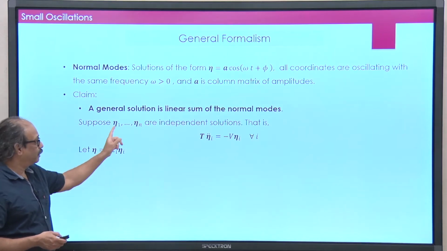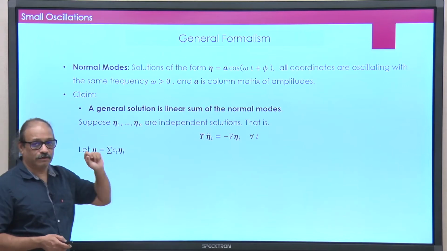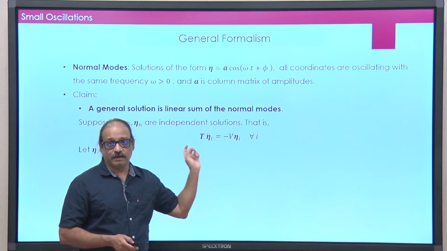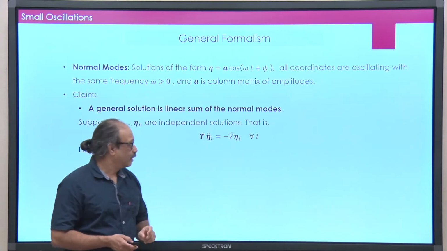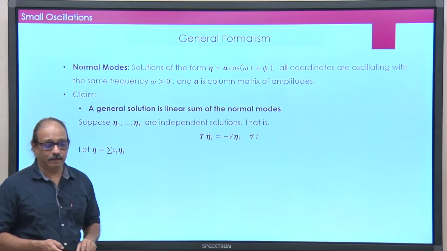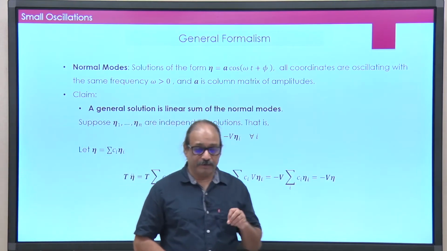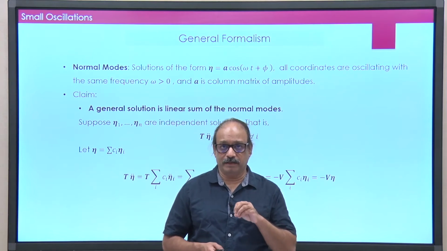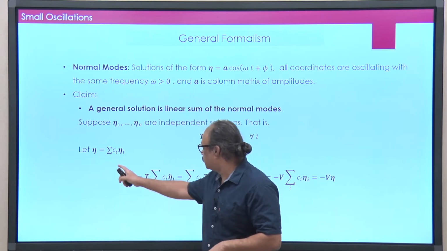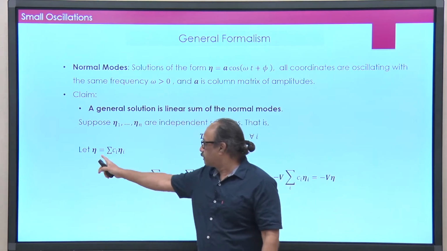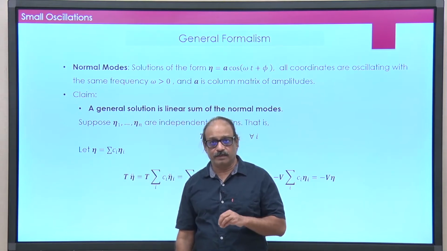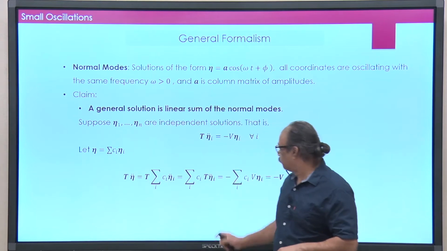But remember, each one of these solutions is a solution of the original differential equation, which means each one of those eta i's obeys this differential equation. Now, if I start with this and operate by T, then what do I get? When I operate by T on eta double dot, I will expand this eta, because it is a linear sum and the c's are constants. Eta double dot is nothing but the sum over c_i eta_i double dot, which is what I have written here.